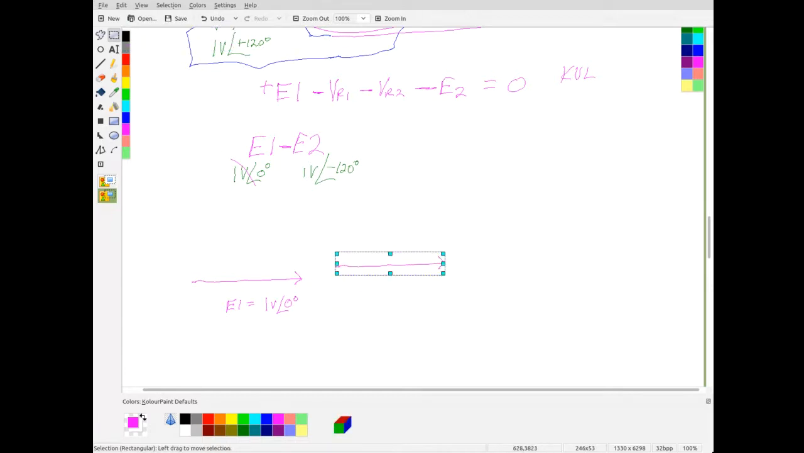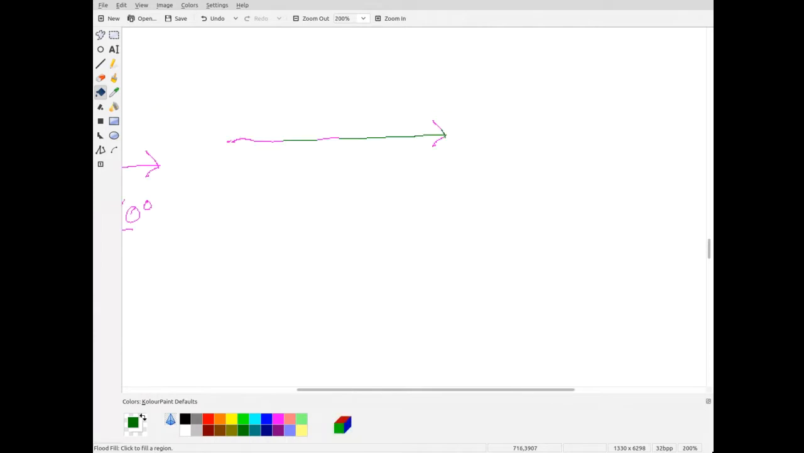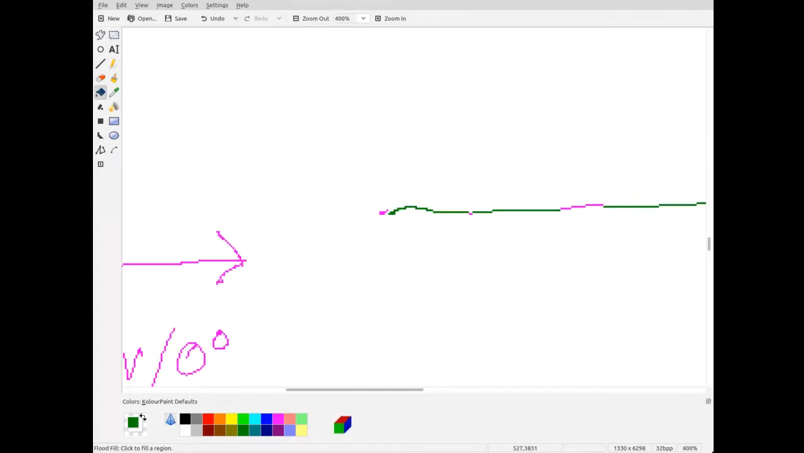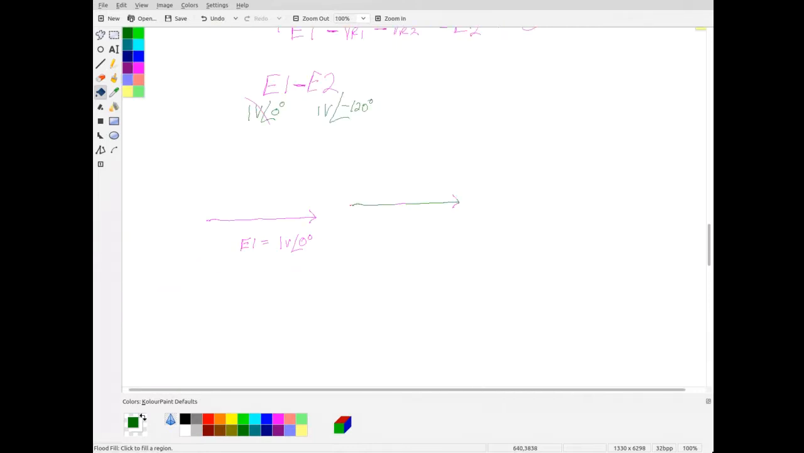Okay. And let me see if I can change the color of this. Probably not. And I can't easily change the color of all of it, but yeah, that's what I thought. All right, so this is